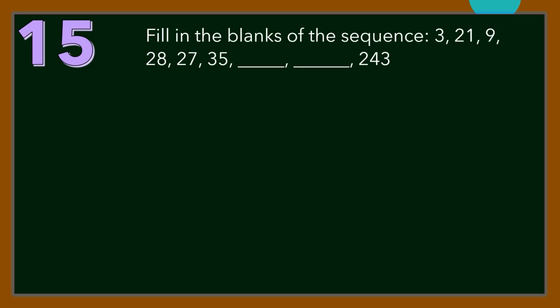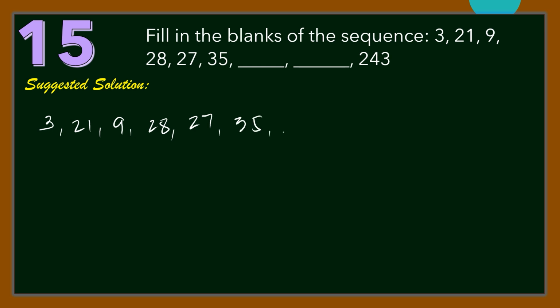Number 50. Fill in the blanks of the sequence 3, 21, 9, 28, 27, 35, blank, blank, 243. For our solution, let us rewrite the sequence. So we have 3, 21, 9, 28, 27, 35, blank, blank, 243. It can be observed that we have an alternating sequence. So we have 3